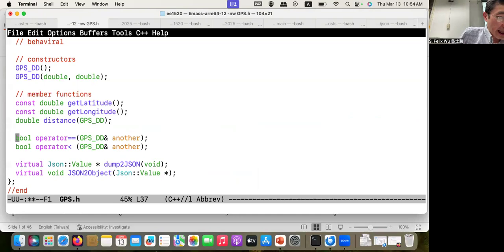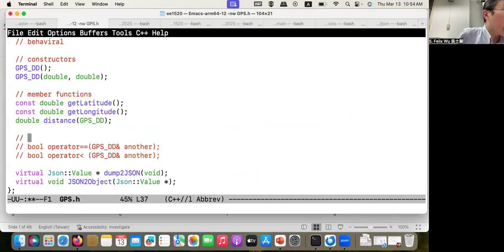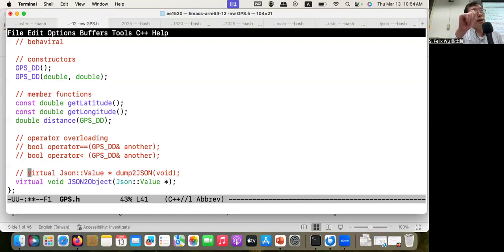I'm going to neglect this 2 line, starting with a bool operator. This part is a concept we're going to talk about. This is a very interesting concept in C++ called operator overloading. We're not going to talk about that today, but this 2 line I'm going to neglect. It's called operator overloading. And then the next 2 is a specific function handling the transition between C++ object and